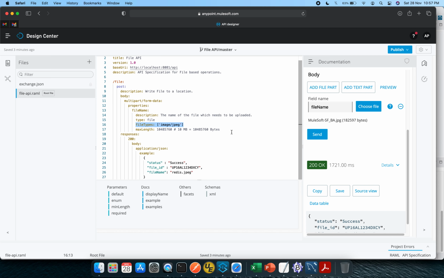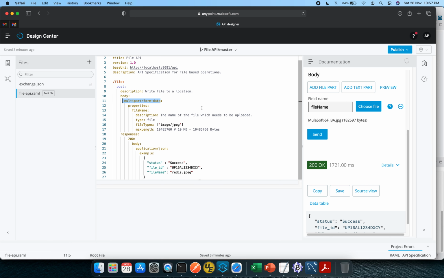Let's have a look at this post method. It is an example of a post request which allows the upload of multi-part form data. That is the type of body it is expecting, right?